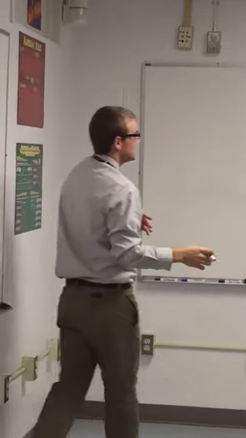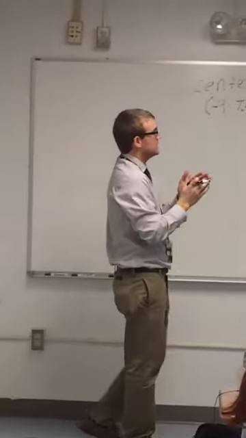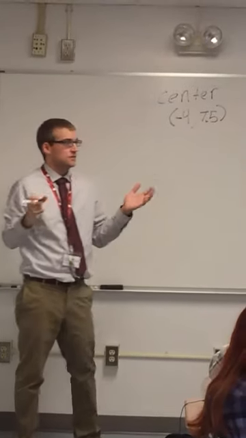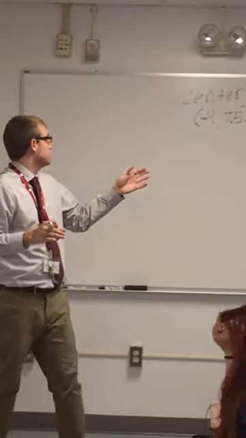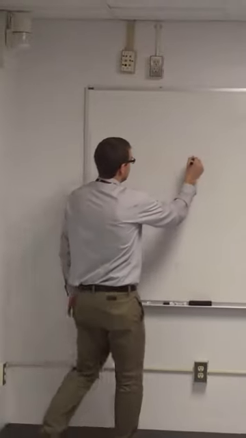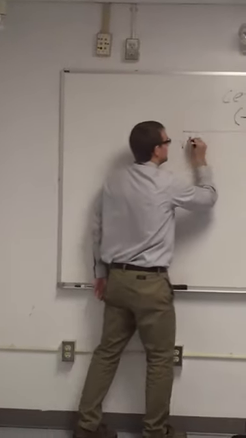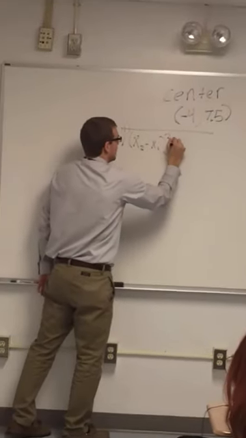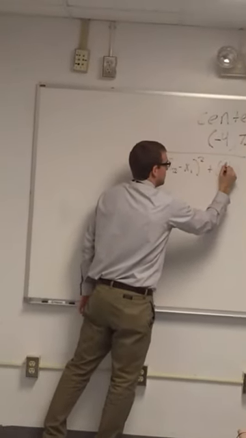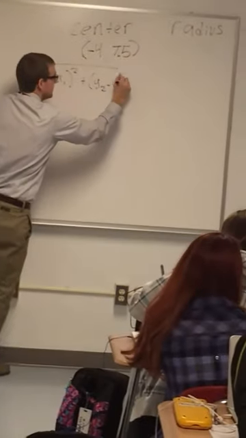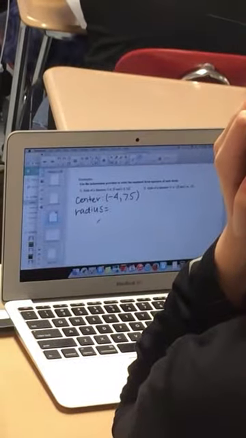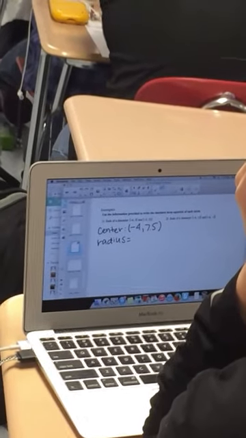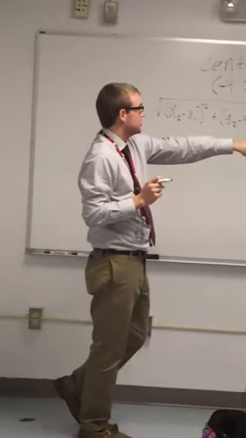To find the radius, I'm first going to need to find the length of the diameter by using the distance formula on those 2 points. So the distance formula is x2 minus x1 squared plus y2 minus y1 squared, and then take the square root of that whole thing. So I just need to plug in my numbers. So what I have is x2 is negative